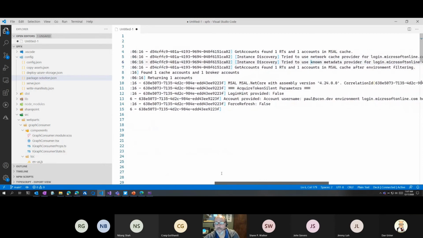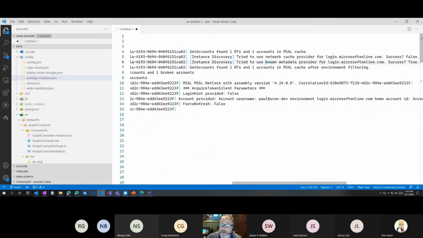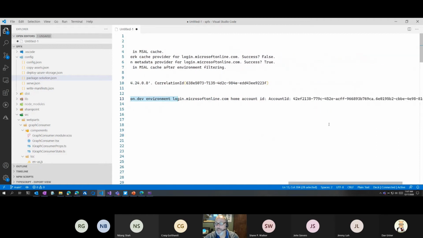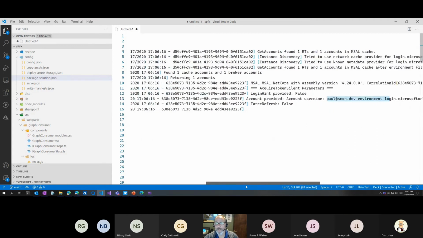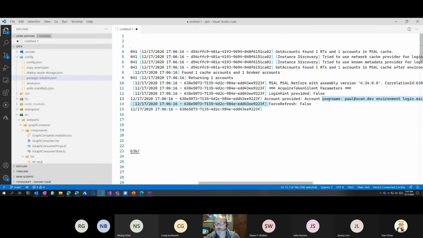And then it says, okay, now that I have the cached account here, I'm going to acquire my token silently. The idea here is that it will do it silently, and if it works, I'm done. If it doesn't work, then I'll prompt the user that they have to log in. So it tries the silent login. It came in and said, oh, well, it's Paul. Yep, that's the account you're logging in with, it's that ID, and everything matches. Therefore, force refresh is false, which means the token that I have is good.